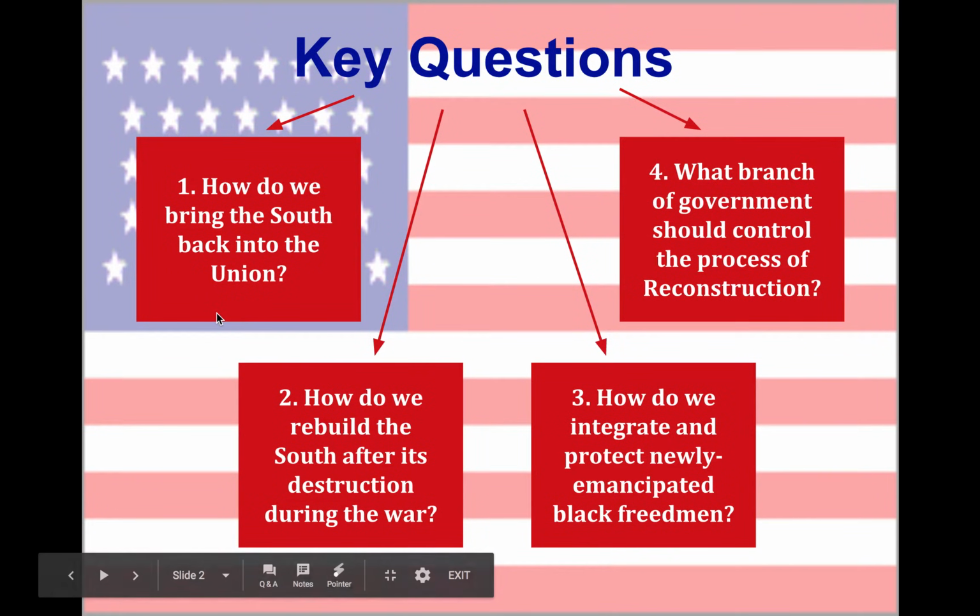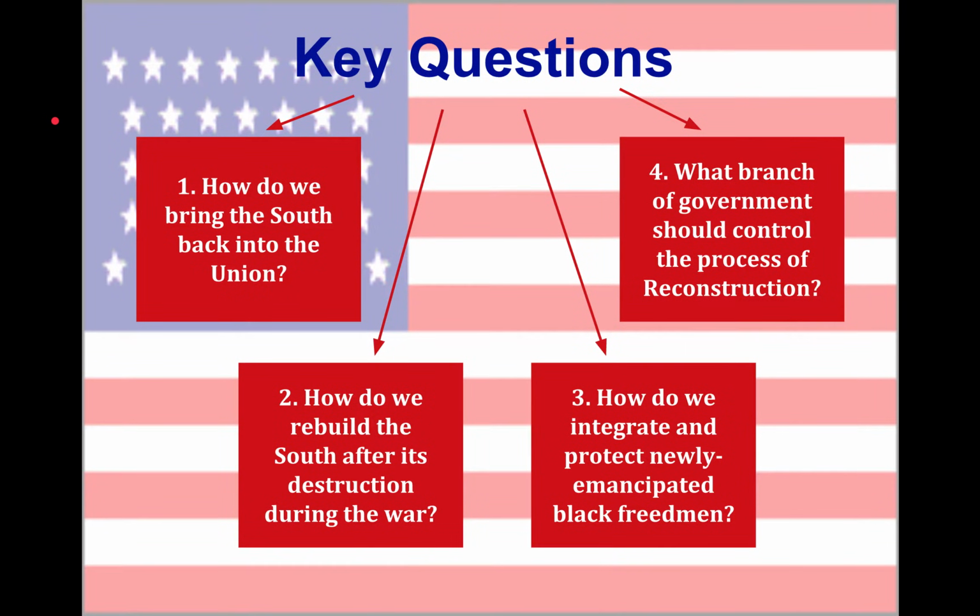All right, so first off, it's important for us to remember that the Civil War, at least when it started, was not explicitly about ending slavery, but it was also about dealing with the seceded states, right? Lincoln and many other Republicans saw secession as tantamount to treason, and so after the war is over, these 11 states just don't automatically rejoin the Union. There needs to be an actual process for that to happen. And so that is more of the political question that we're going to be examining.